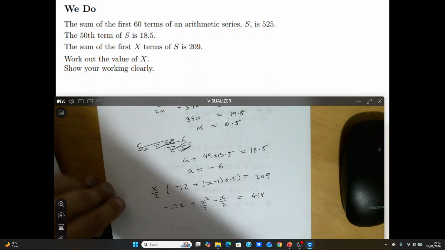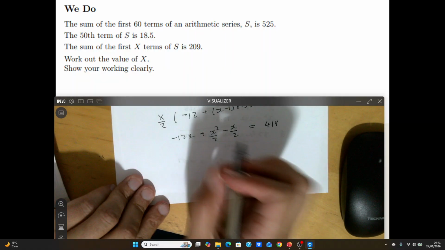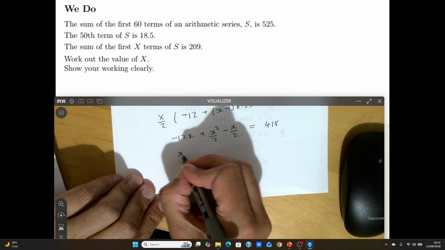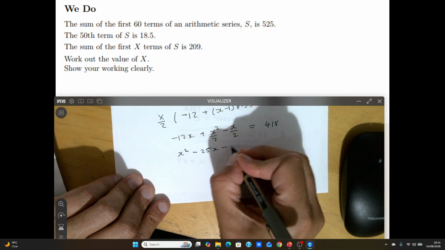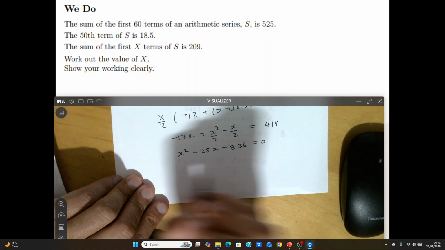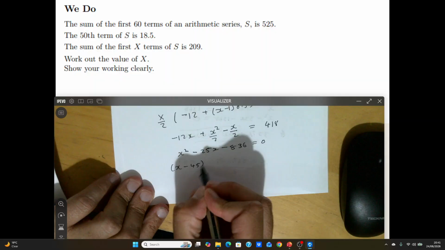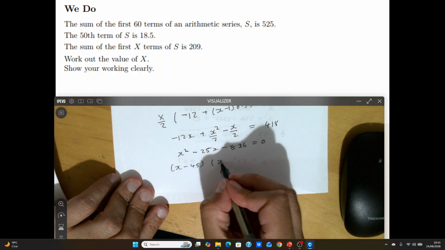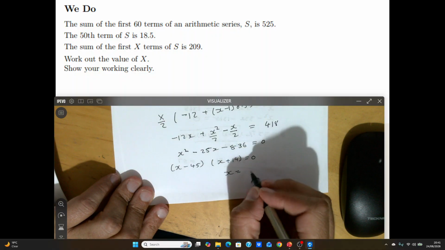Times that by 2 and tidy it up. Gives me x squared minus 25x minus 236 equals 0. You can factorise or use the quadratic formula. I chose to factorise when I was doing this. So x must be